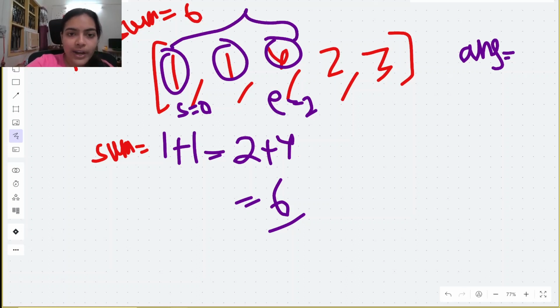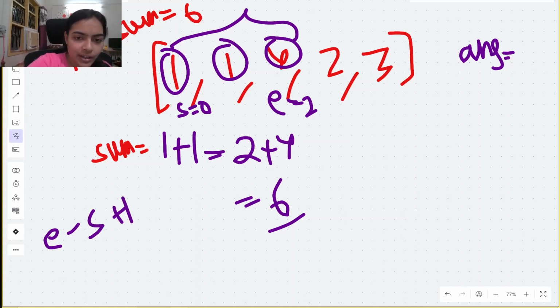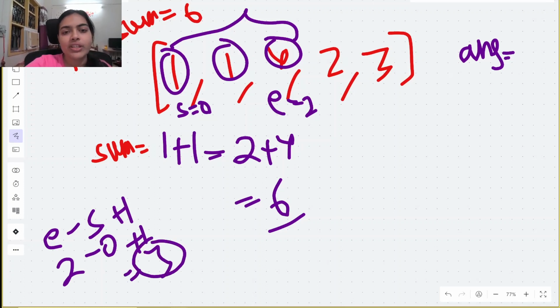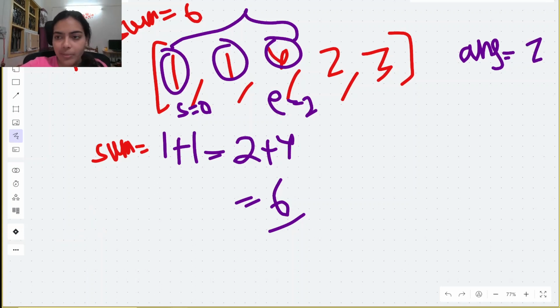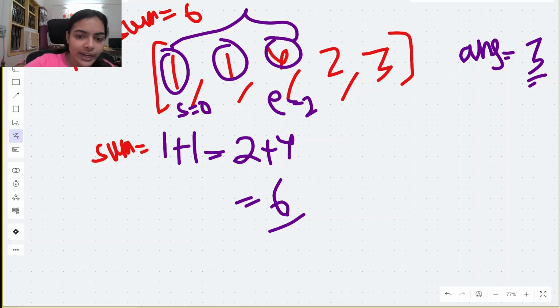We have to get the maximum length of this subarray which has a sum of 6. So it's very simple. How do you get the length? The length is just your end pointer minus start pointer plus 1. The end pointer is at index 2, start pointer is at index 0, 2 plus 1 is equal to 3. So you can see that the length of this subarray is equal to 3. So in our answer, we can store 3. If we get a better answer than 3, we will change it. Okay. Now let us try to take further elements, right?